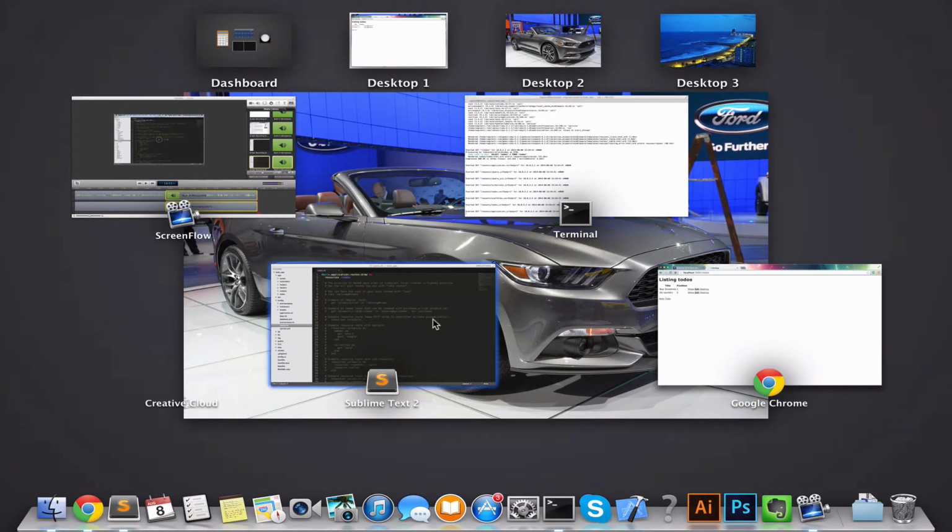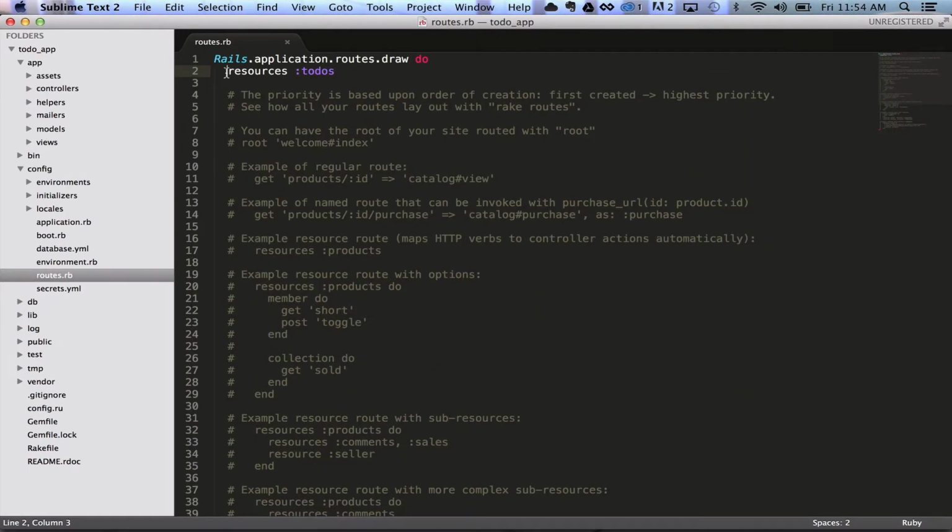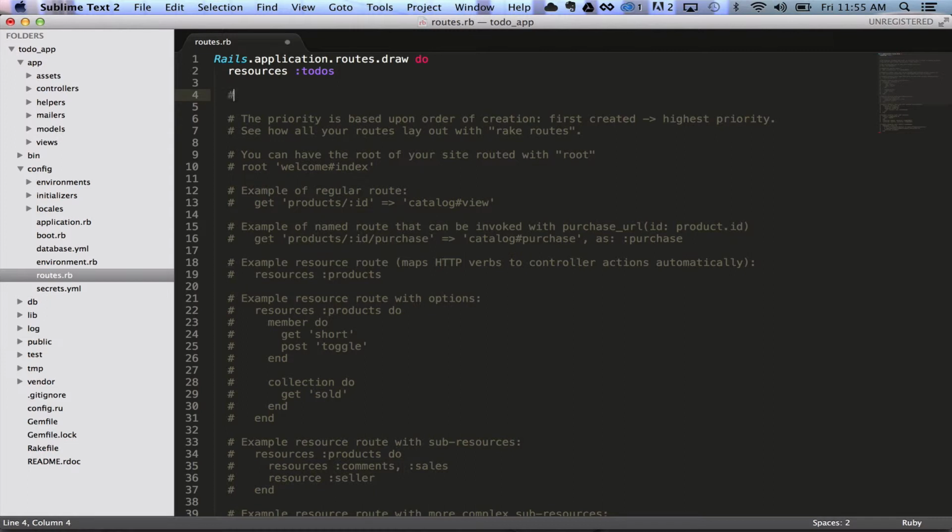And in the article I explain this a little bit more, but this resources todos is actually generating a bunch of routes for us. Okay, so let me just walk you through the high-level process, and then I'm going to show you in a little bit more detail. So I told you that this points at a controller, so resources todos. In here there's, I'm going to comment this out, but there's something similar to get /todos, and then it's going to point at something like todos